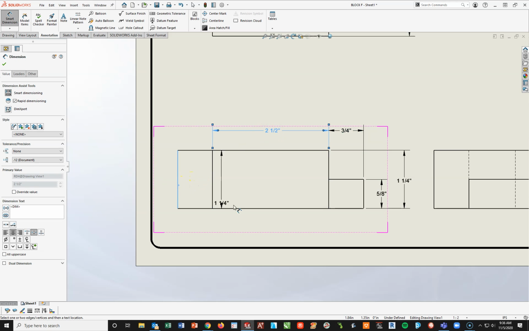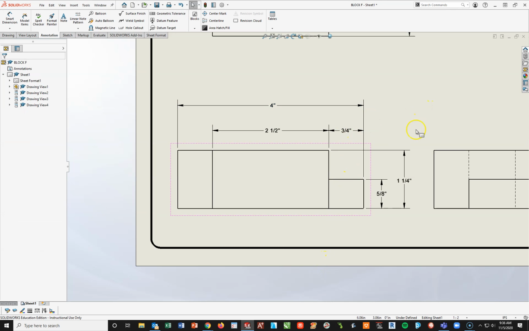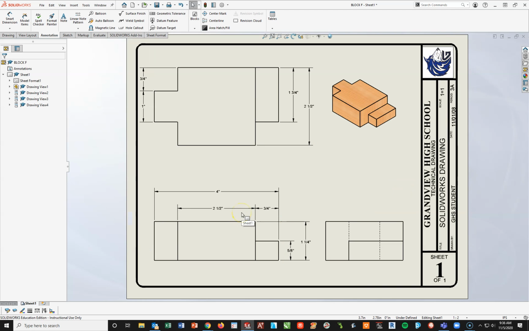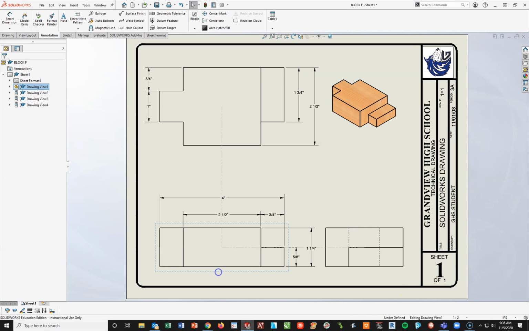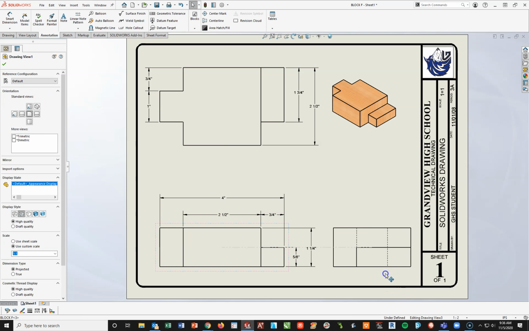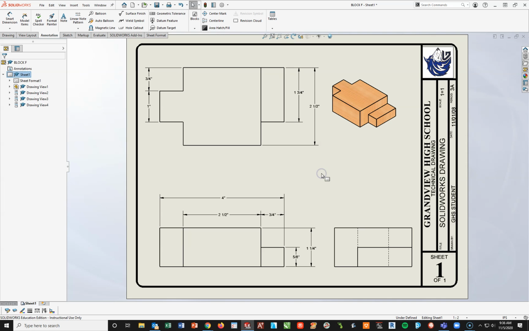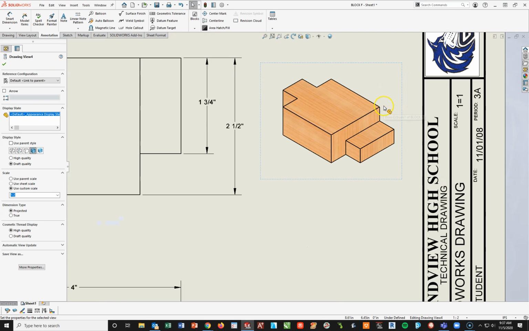From the very far left line to the very far right line, I'll left click on each, pull up, left click. And at this point I'm going to hit my F key, because I'm going to hit escape to turn off my tool, F key to center everything up. So this is what I'm looking at. Now again, I can sit there and start making small adjustments. I could grab the views and move them around and get a little more space. Okay. The only thing I have left to add on this drawing is I need to go up here and